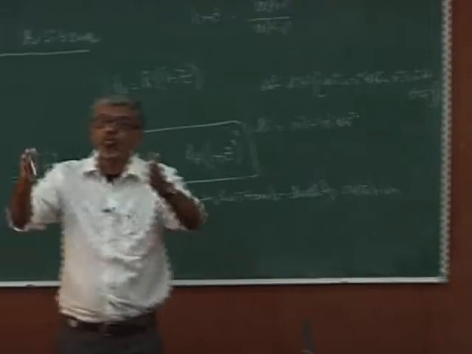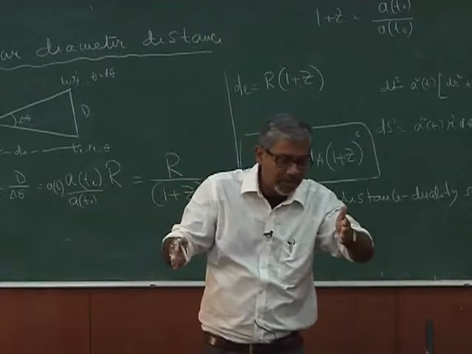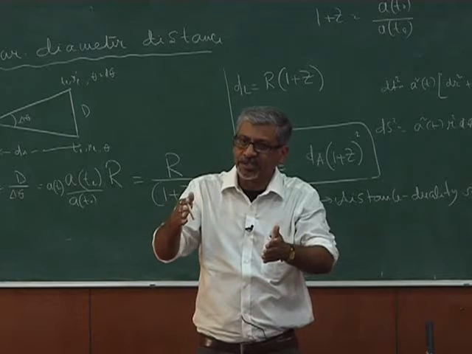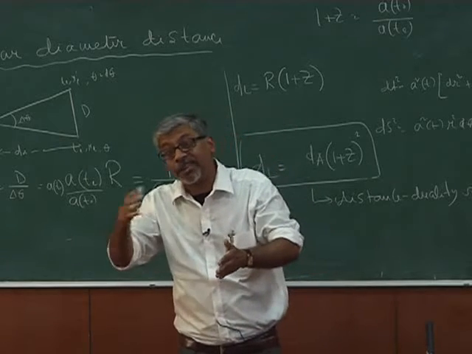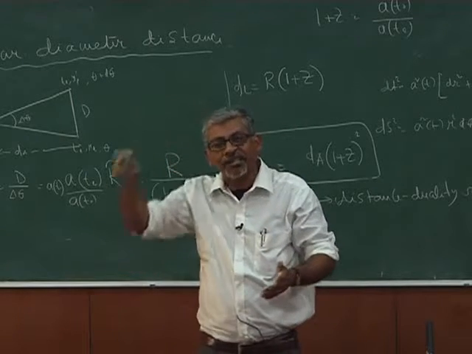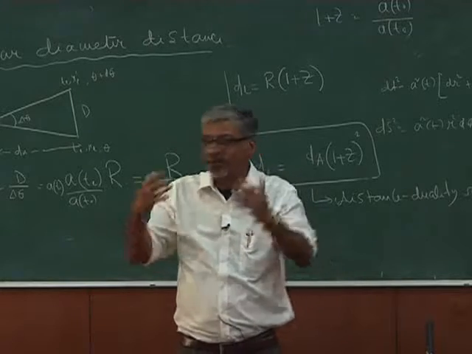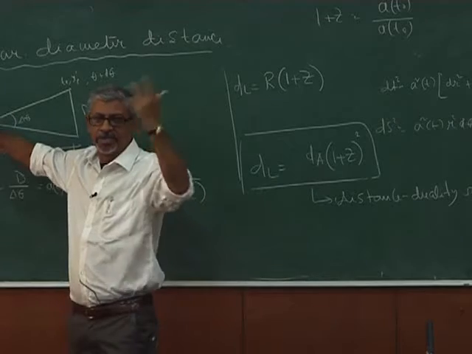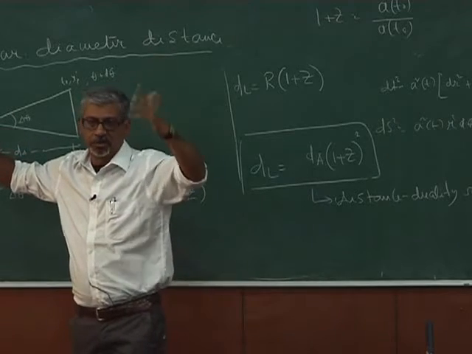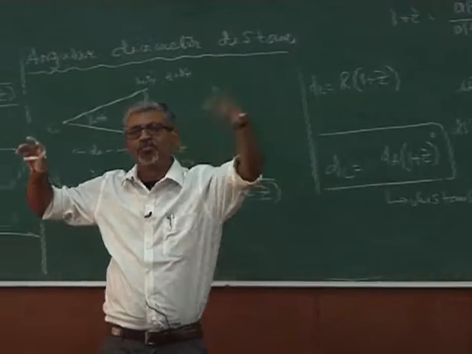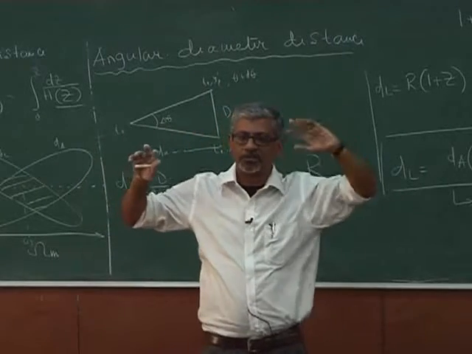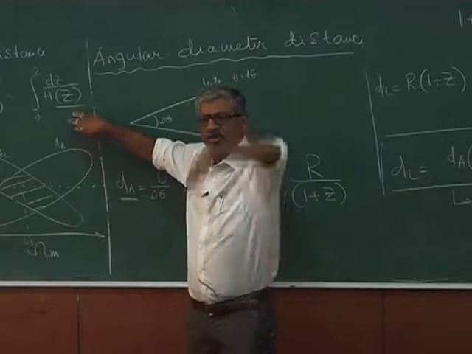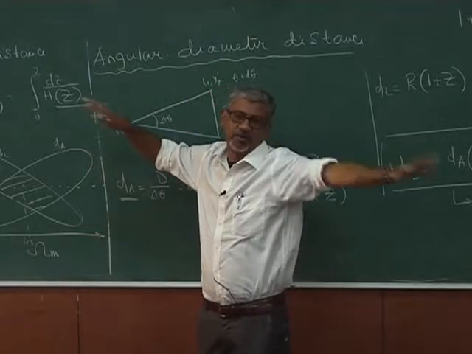But if you now have two components, let's say matter and cosmological constant, then at some point it is decelerating, and after that at some point it starts accelerating. So your expansion rate changes. If you have only matter, a goes like t to the power 2/3. If you have only radiation, a goes as just t to the power half. If you have only cosmological constant, a only goes as e to the power t. So this has only one type of behavior, monotonic behavior, fine. There is no change, there is no maximum, minimum, nothing.